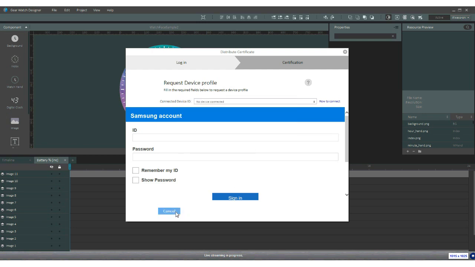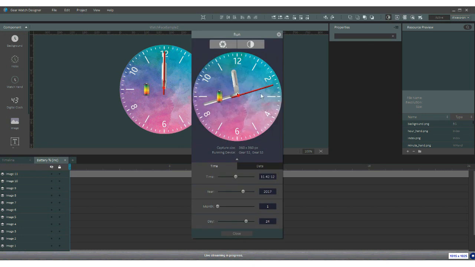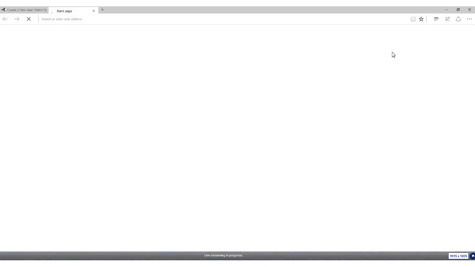So there you go. Now you have all your application ready and your watch face is running fine. And if you want to publish your application on the Gear Store, you can do that right from this tool. When you see on the menu bar on the top right hand side, there is an icon called the Upload to Market icon. So if you click that, it's going to redirect you to the Seller Office portal, and you can log in using your Samsung account and